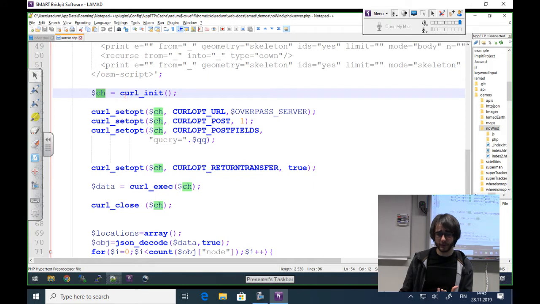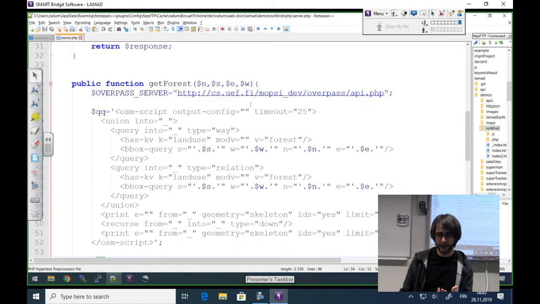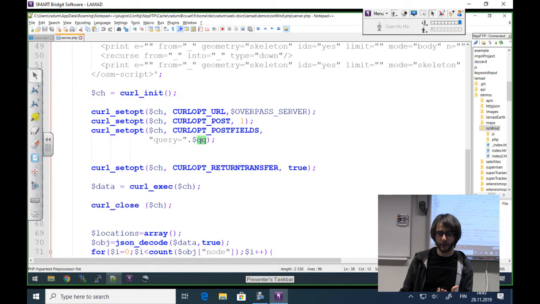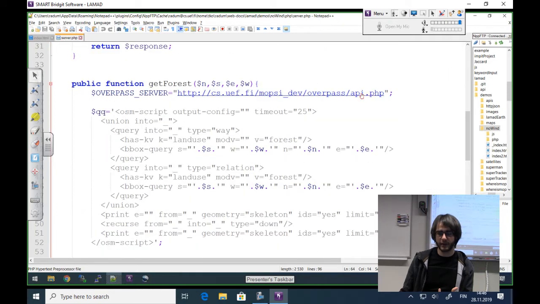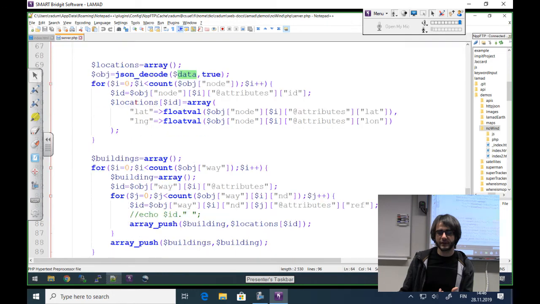It does a curl post to this link here, including the query from Overpass that Overpass expects it to do, and then reads the result in this data variable. This data comes in JSON because this API PHP was made to convert the XML into JSON, so I don't have to worry about it here. And using JSON is easier in PHP, and in JavaScript you have all of these native functions that can